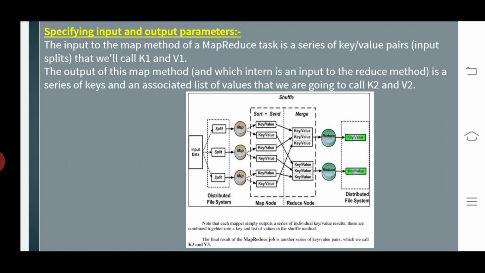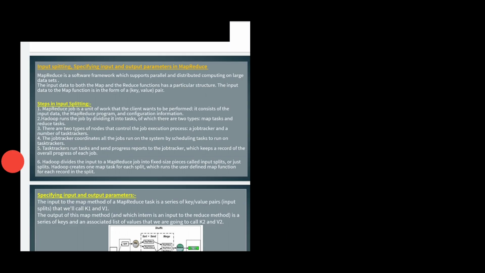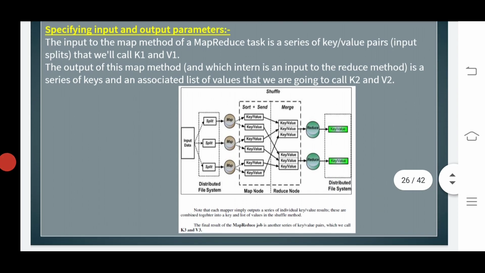The output of the map method, which in turn is the input to the reduce method, is a series of keys and an associated list of values that we call key 2 and value 2. All of you, look at this diagram clearly, otherwise you won't be able to understand.